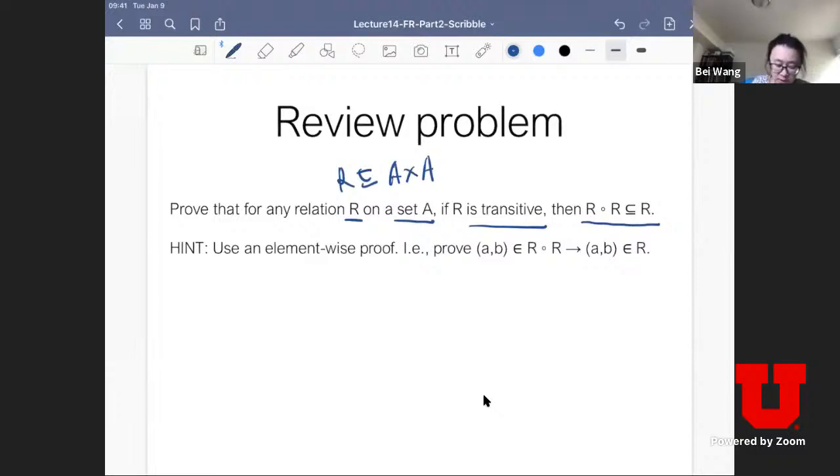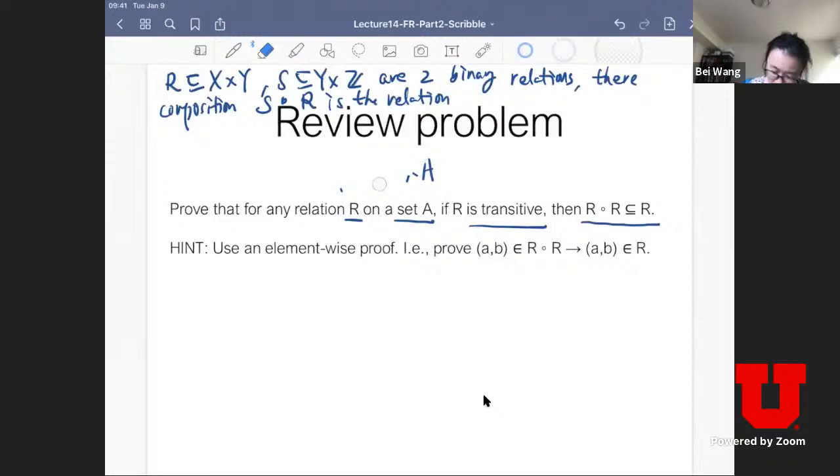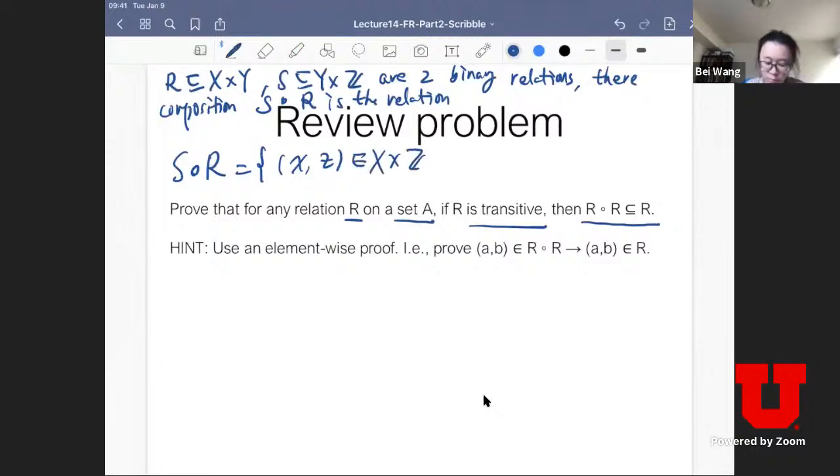If R is a relation defined from domain X to codomain Y, and S is a relation from domain Y to codomain Z, so those are two binary relations, then their composition, which is S composed with R, is the relation S composed with R, where element XZ is in it, with domain X and codomain Z, if there exists Y in